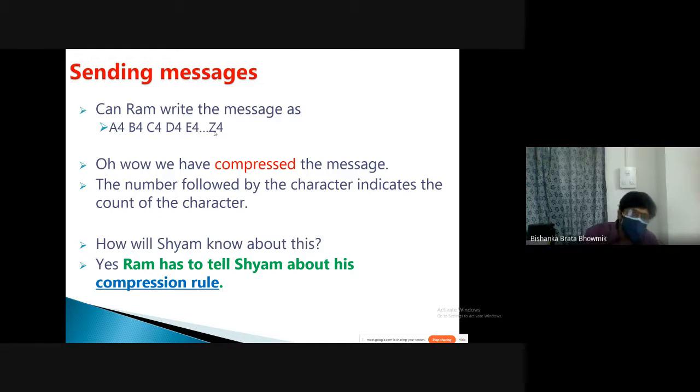So that may be a very practical assignment for them, and they will write it on their small page of paper, and they can transfer it to a friend. Moreover, they can also have another trick. Rather than writing A to Z, they can write all alphabets A to Z, and each will be repeated four times. That will compress it even further.